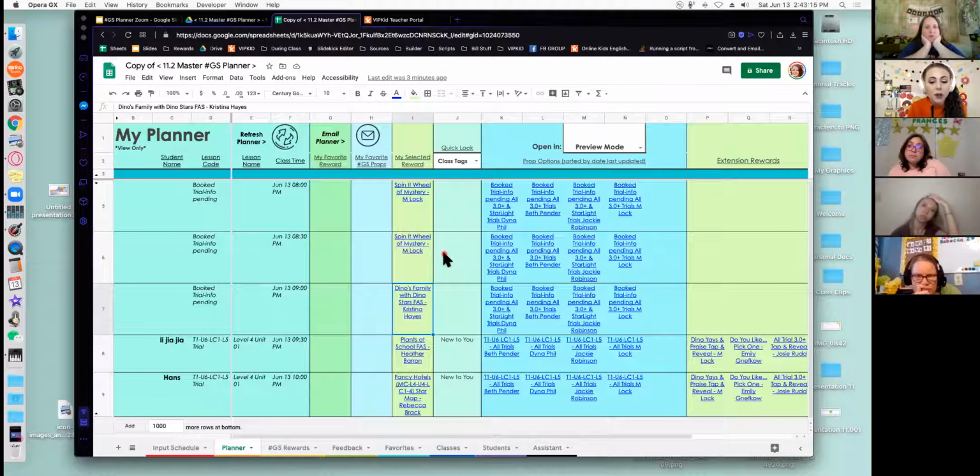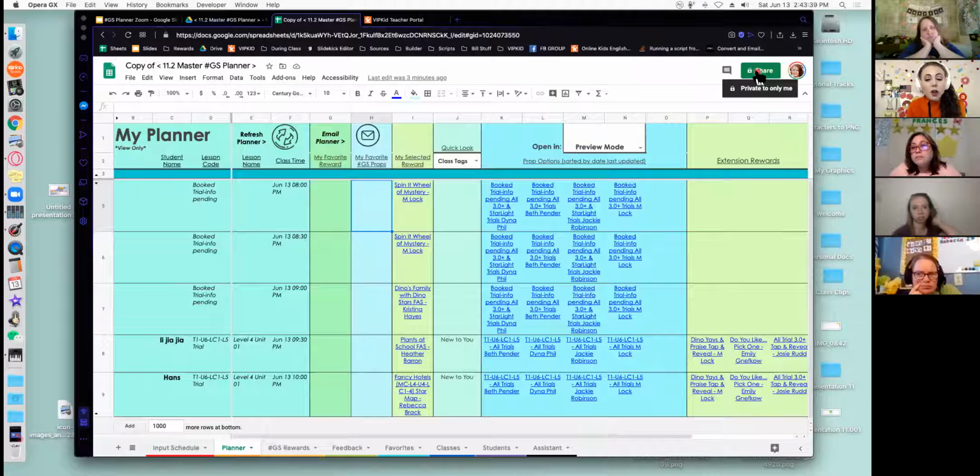but how do we get it on our mobile devices? So if you're not using webcam software and you're using Google Slides on your mobile device, this is a part to be listening to. There are several ways to open up your planner on your mobile device. Either A, you open up the whole document, like this whole spreadsheet, on your mobile device. You can open it up using just the share link. You could text that share link to yourself, or you could also